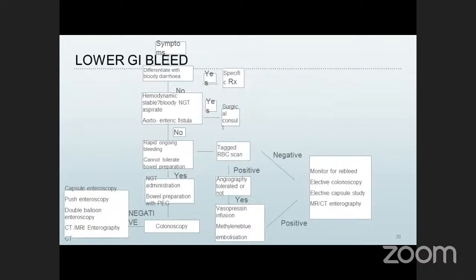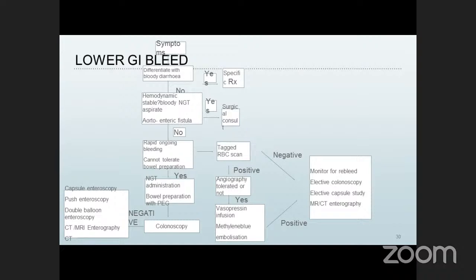So coming to the management of lower GI bleed. When the patient comes with symptoms of, say, fresh passage of clots or maroon colored stools, there is a massive bleed from the lower GI tract, and one has to differentiate it from bloody diarrhea. So what are the causative organisms which can cause bloody diarrhea? The Escherichia coli O157:H7 strain, CDAD, Clostridium difficile associated diarrhea, and in immunosuppressed patients, cytomegalovirus, and accordingly, the specific therapy